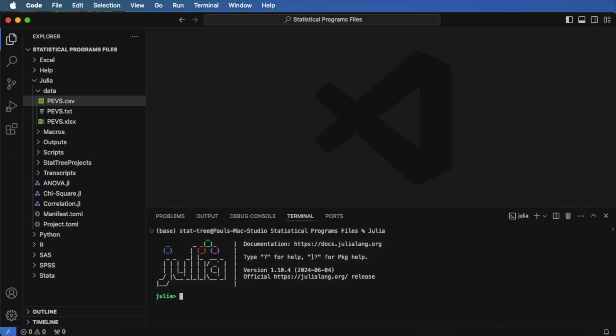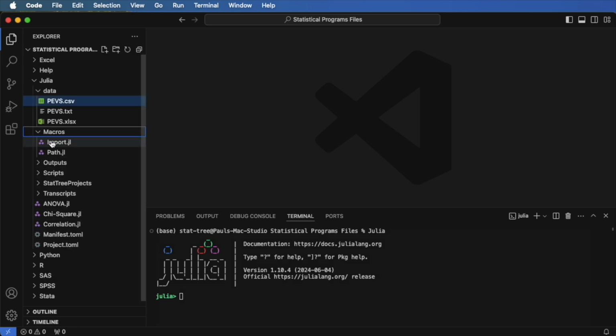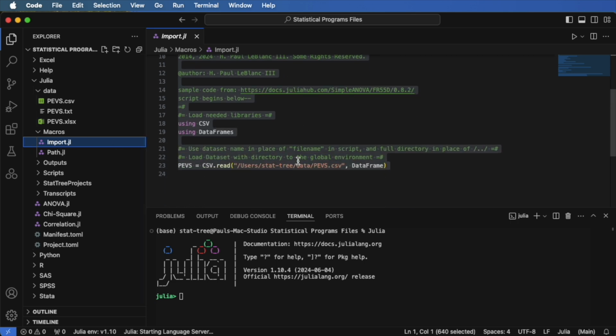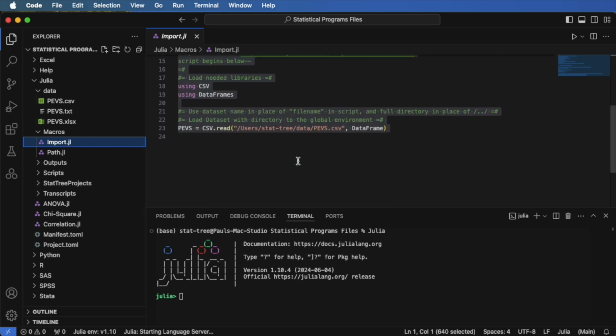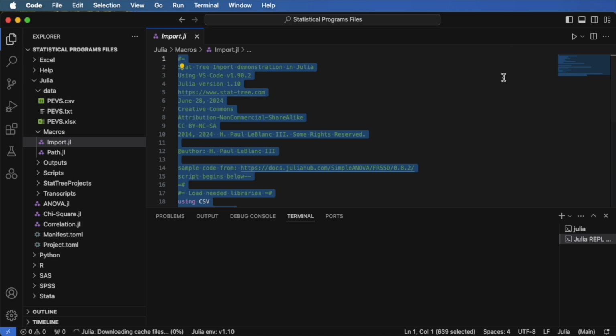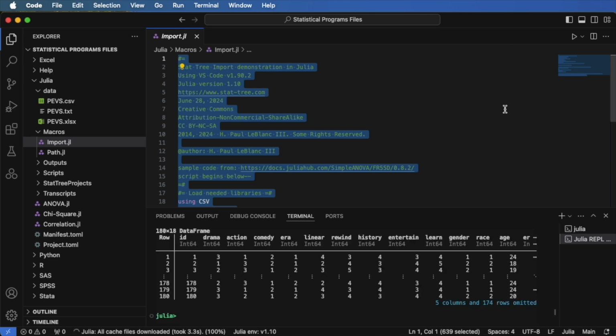For the second option, go to the Explorer pane, browse to the location of the Julia script, and double-click on the JL file. The script will appear in the top right pane. Select the lines of code to be run, then press the Run selected icon. Pay attention to the terminal pane. Here will be displayed any output called for in the code.